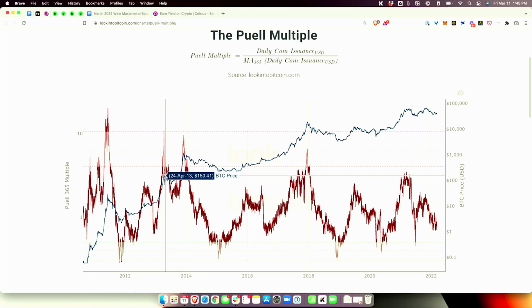right? And then this next one here in 2013, it spiked way up to like 9. And then this one here, it spiked up, and it's spiking up really, really quickly. And if I was zooming in, you would notice that the correlation is almost perfectly timing the top of the market. Here's another one. This was December 17th of 2017. And if you notice, it's spiked up to this area here in the red, like right in the middle, corresponded